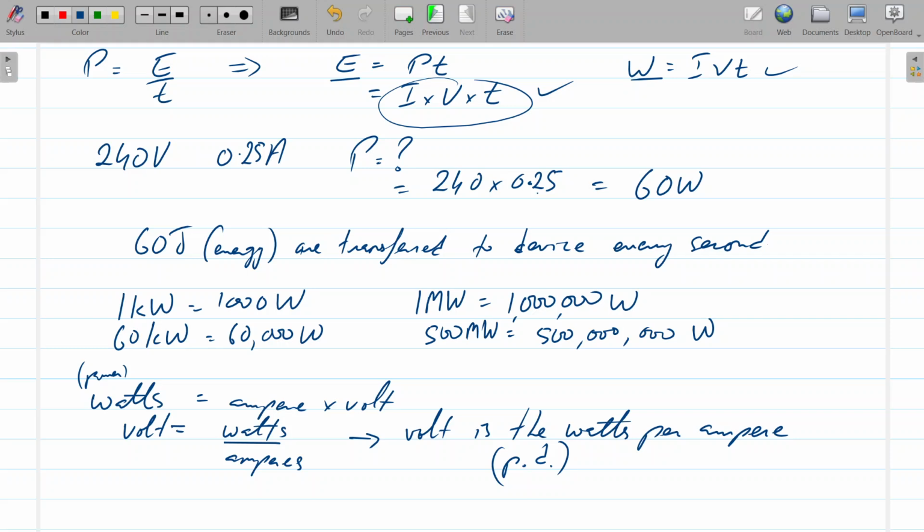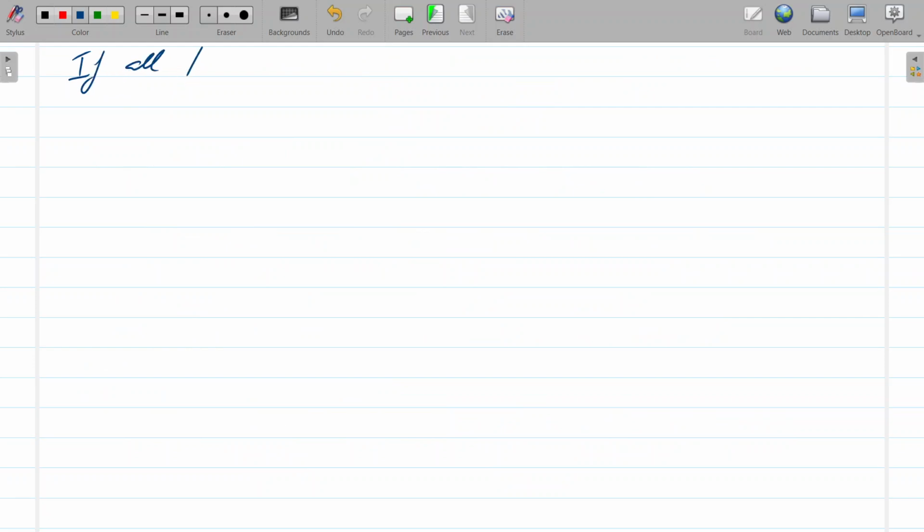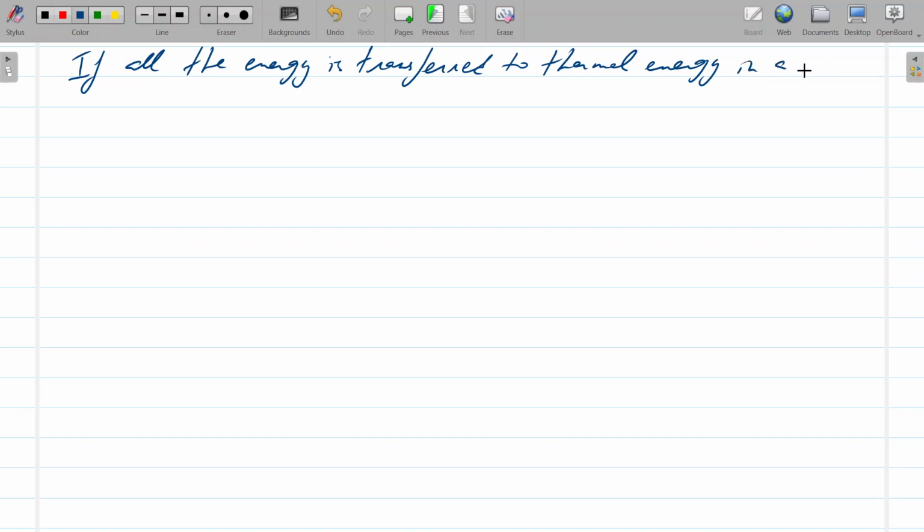Before that, another thing that they're saying is, if all the energy is transferred to thermal energy in a resistor of resistance R, so they're giving the symbol, obviously not a value to it, then V equals IR, so that's Ohm's law, and the rate of transfer of thermal energy